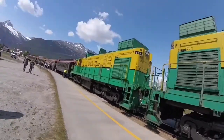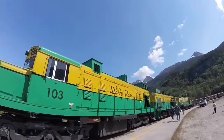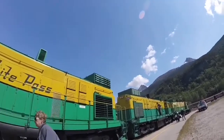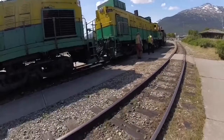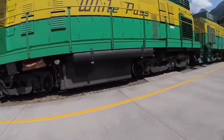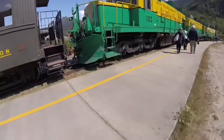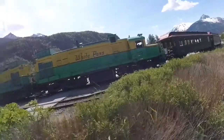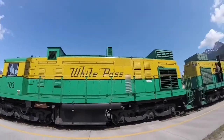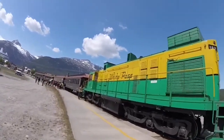White Pass and Yukon 103 was built by the Montreal Locomotive Works in Montreal, Canada in 1969 and is the M6023-3rd diesel locomotive built by that factory and is a DL 535E type diesel locomotive. Originally, it had been used on the White Pass and Yukon Railroad. Then, in 1992, it was sold to Sociedad Colombiana de Transporte Ferroviario